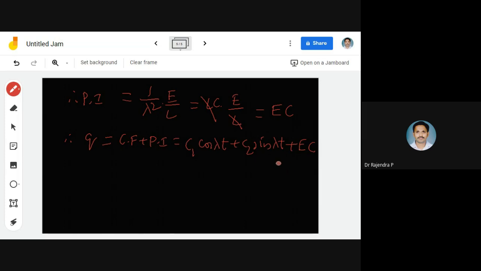Yes. So you take this as equation 1, and we need current also. How to get current? I is equal to Q dash of T. Of course, here Q is a function of T. Whatever is on this side, we are assuming as a function only. Indirectly, I am just differentiating this. If I differentiate this, what am I going to get?